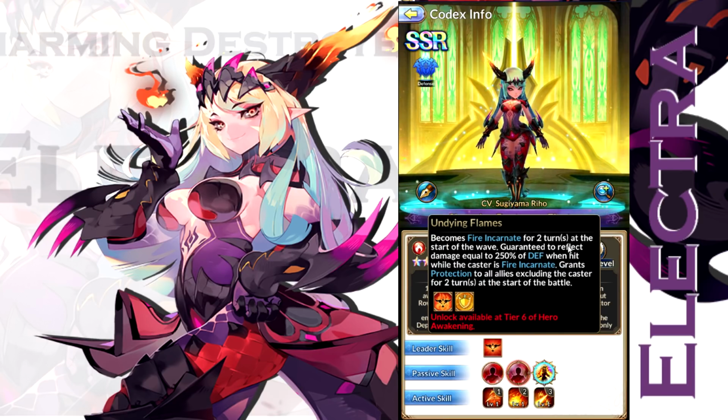And she's going to be reducing the damage, especially with this. Now, she is guaranteed to reflect damage equal to 250% of defense when hit while the caster is Fire Incarnate. This is opening up her build like crazy. So now for 2 turns plus all the other turns with the S2, she is reflecting damage for a decent